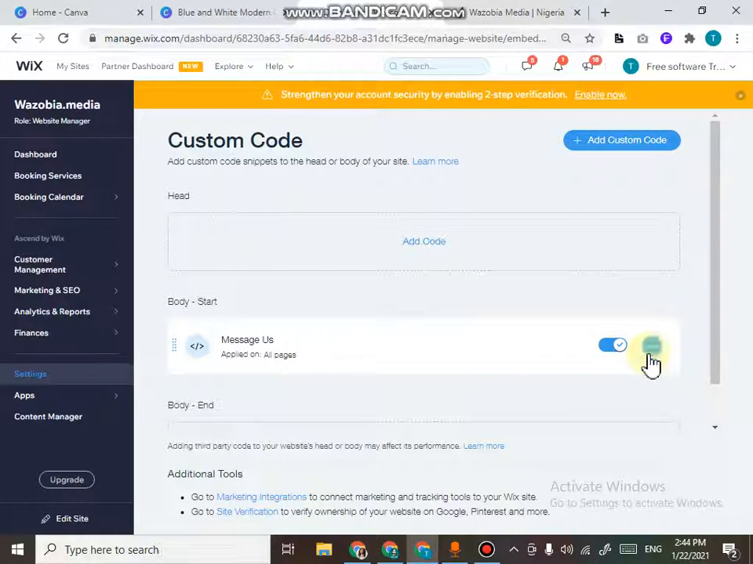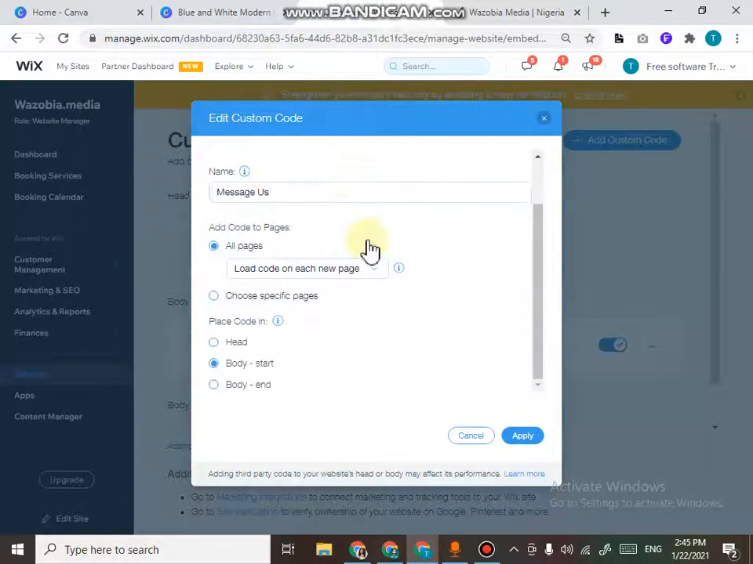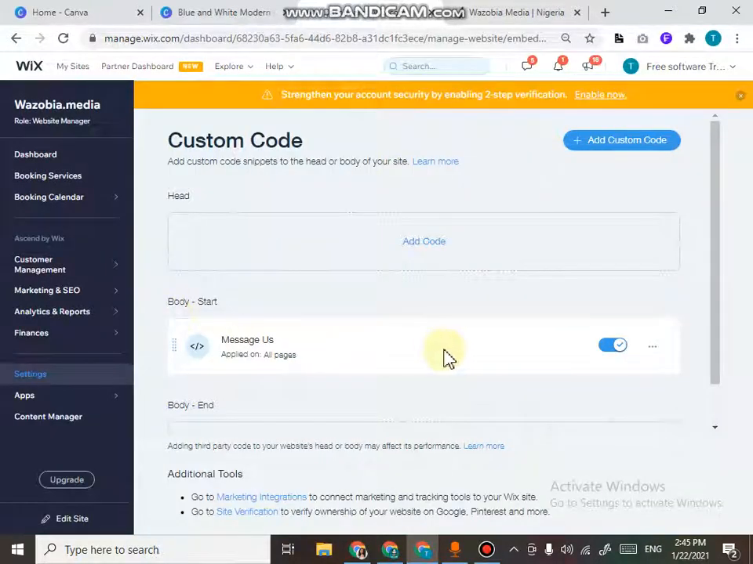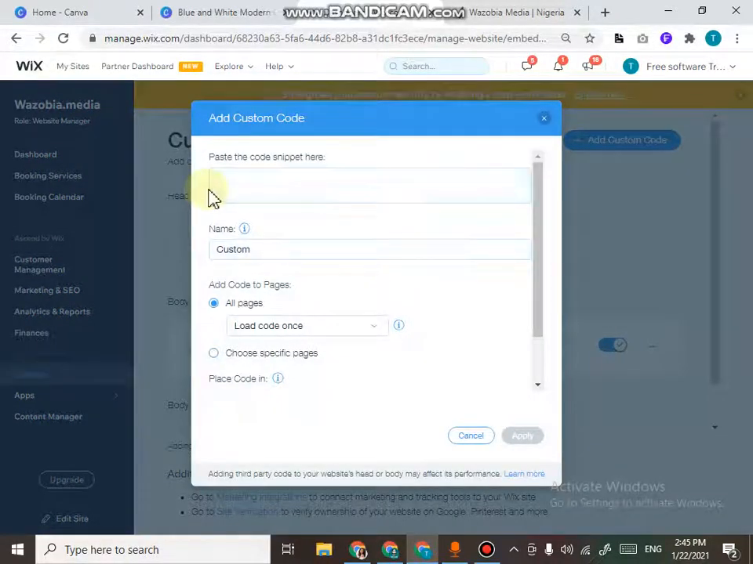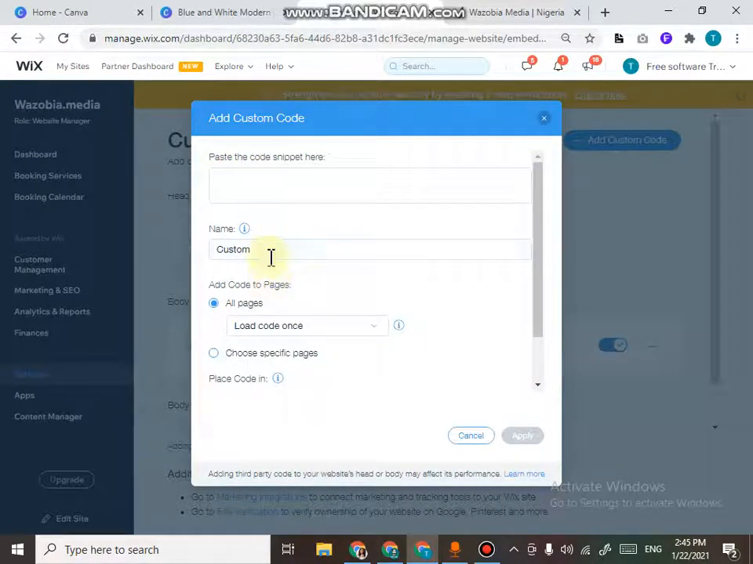You can see this code. We have put this code in the body section, this snippet code, and this is in the startup body. So we will paste it there. Or if you want to add your own code, or you have these widgets codes which are lifetime free, then you can click on add code and paste your code here, and click